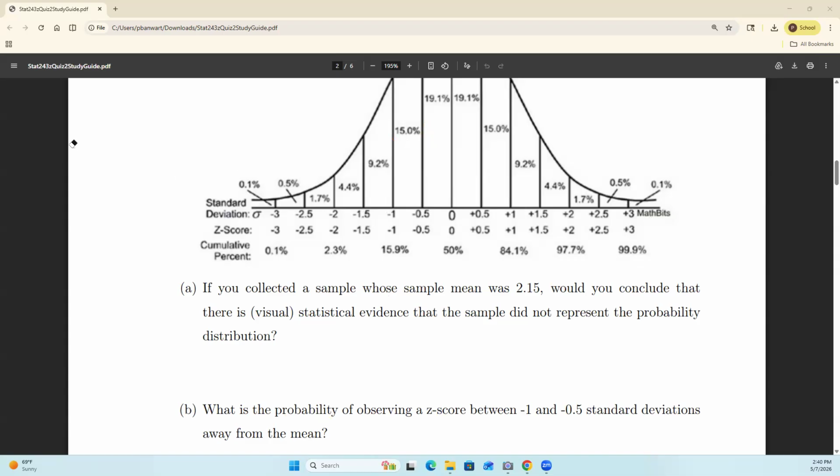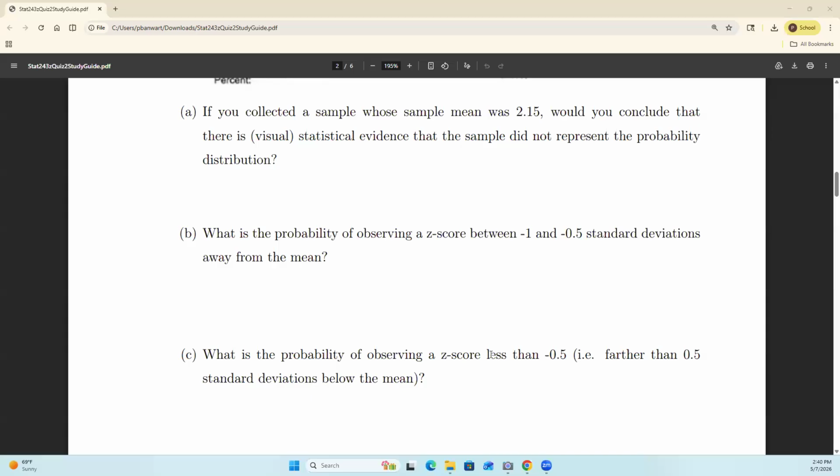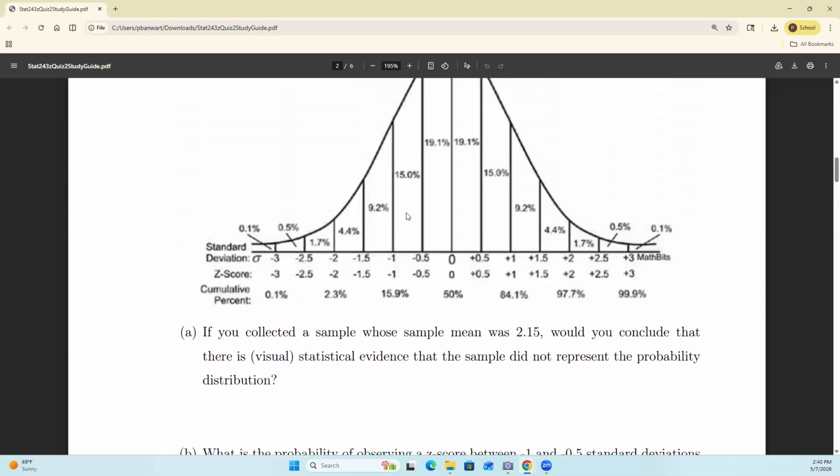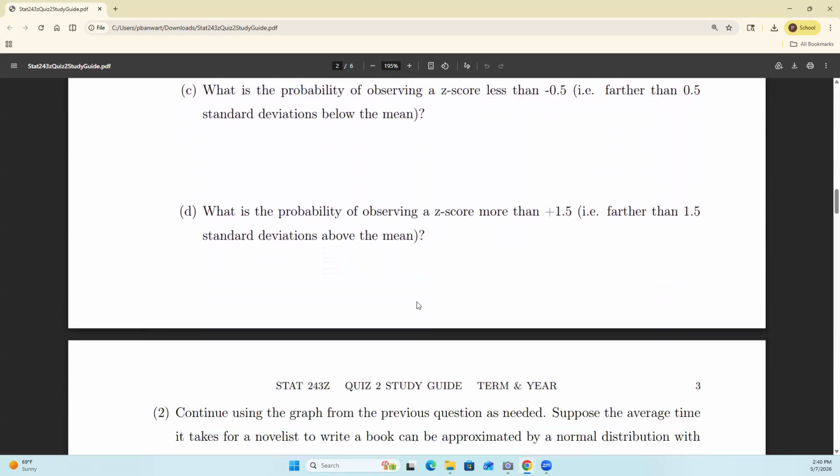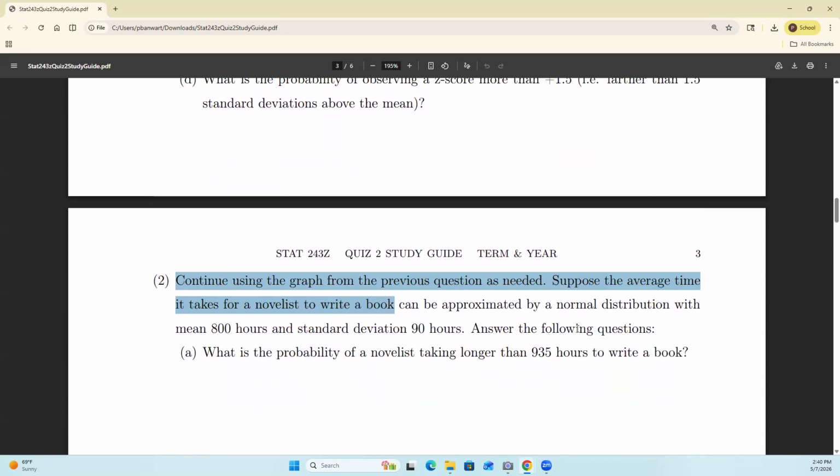Okay. I'm going to skip the next one, which is similar, but now asks you about anything less than -0.05. All right, so you would start here and you would add all of these areas up, and that would be that probability. The more interesting question, I'm going to retype it up with annotations, but I need to see what it is first, is we can use this for any normal distribution, because we can ask how many standard deviations away am I? So this question says,